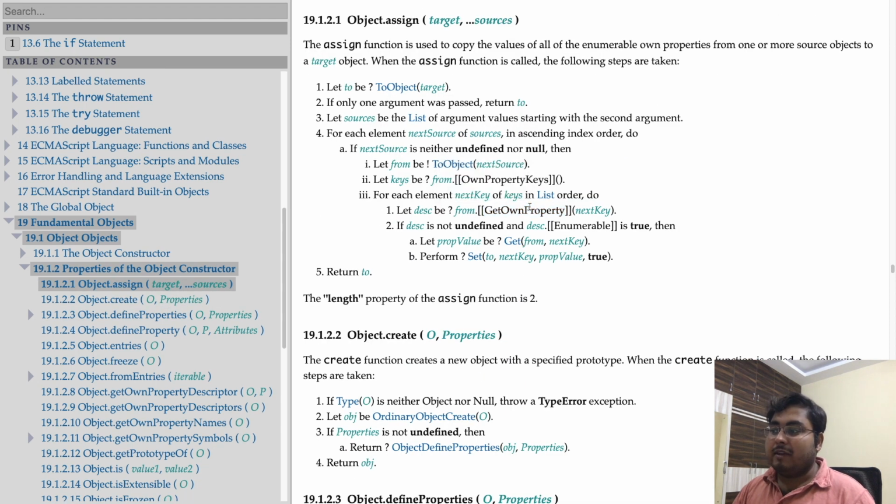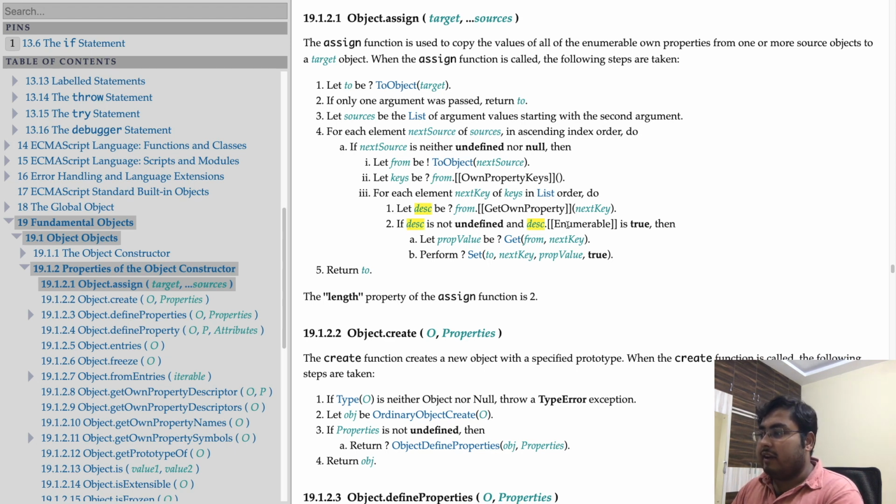Anyway, we all kind of know what GetOwnProperty does: if you have an object, it returns those keys which are defined on the same object, so it doesn't follow the prototype chain. So it says that if description is not undefined, and if description.enumerable is true, so this thing is called a